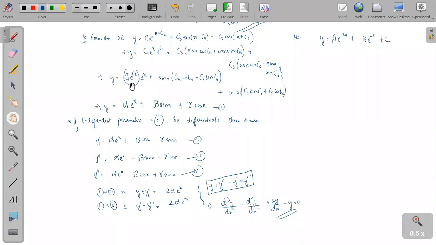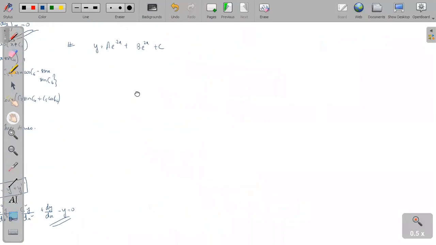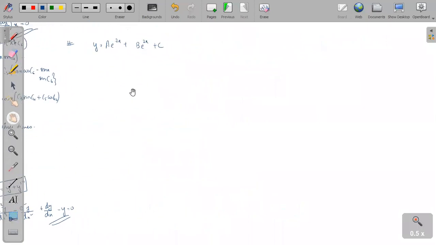Sir, that equation should involve dy by dx. Should all of them be involved, sir, or can we skip any one? First of all, you have to form the differential equation. That means you have to differentiate it as many times as the number of arbitrary independent parameters present. So first of all, you have to look for the number of independent parameters present. Can you tell me how many parameters are present? 3. Okay, fine. Good.